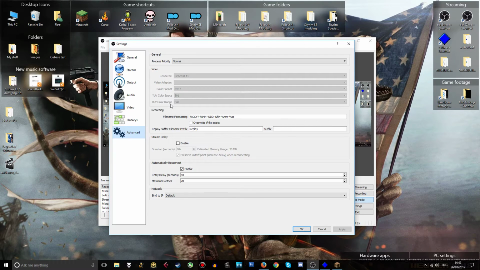PC monitors are set to use the full color range, 0 to 255 brightness, to get into the technical aspects of it a little. So if you want to take advantage of the full color range of your monitor, you need to set this to full. Your videos will look a hell of a lot better. I've changed, I think, nothing else here, but here are my other settings on this tab. For the color format, for the color space, they seem to work perfectly fine. So I think that's all of my settings